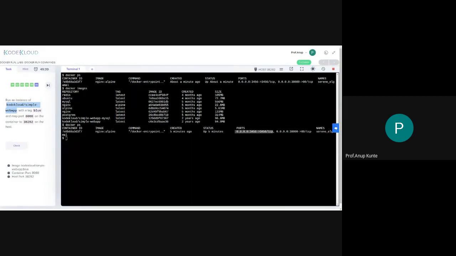Now here I want to not just pull the image, but I want the image to be executed as well. You will find that the web app image is already downloaded, code-cloud/simple-web-app. All these other images that you are looking at, Redis, Ubuntu, MySQL, Nginx, Alpine, and again an Nginx Alpine app, are part of the library of Docker Hub.